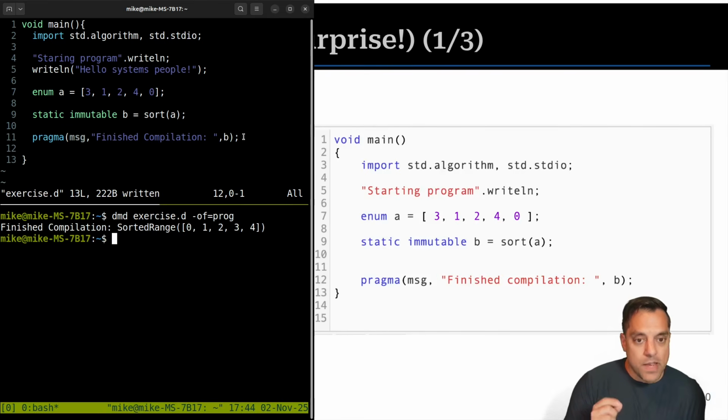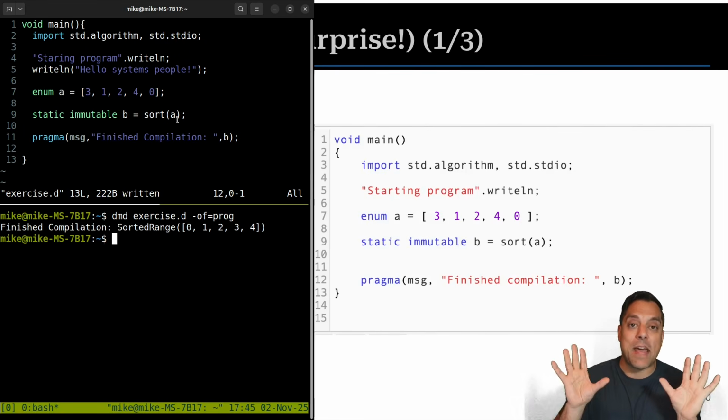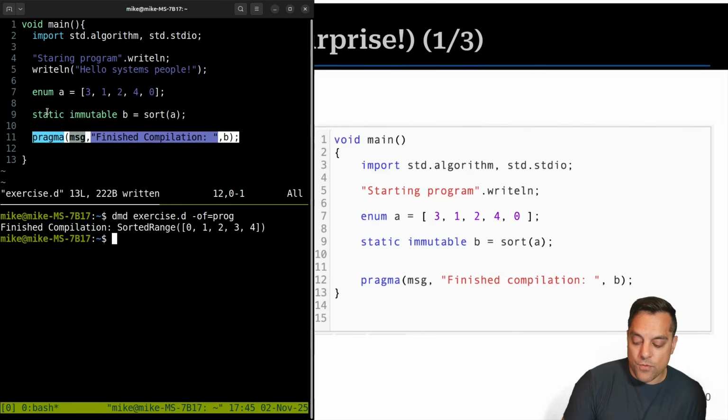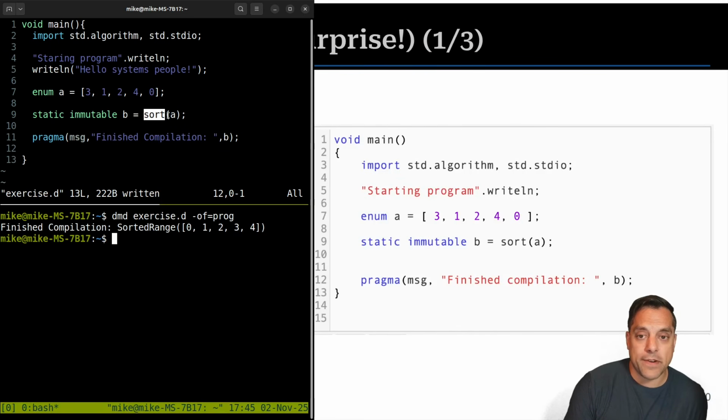So compile time programming is a big thing in modern languages. It's also a big thing because we have defined behavior. The behavior has to be defined because we're compiling the actual software. Now, when we're running our program, who knows what's going to happen, right? What option the user is going to choose, how they're going to use the program, what other processes are running, and so on. So this is a neat thing, that I can do actual computation. And I'll tell you, there's nothing special about sort here. This is a function I could call at runtime or at compile time. It doesn't matter, but I get access to it in both places, which is super powerful because I just saved the user the work of having to sort this thing here.